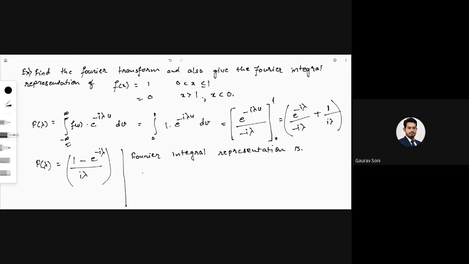So f of x is equal to 1 upon 2 pi integral minus infinity to plus infinity, 1 minus e to the power minus i lambda upon i lambda, bracket complete, e to the power i lambda x d lambda. Final answer,